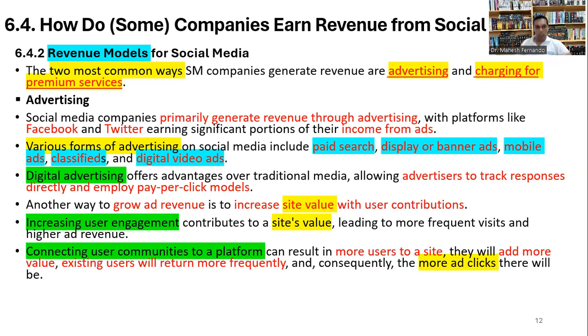And connecting user communities to a platform can result in more users on the site. They will add more value. Existing users will return more frequently, and consequently, there will be more ad clicks on the social media. Whether they are new users or existing users, they can easily improve this communication.